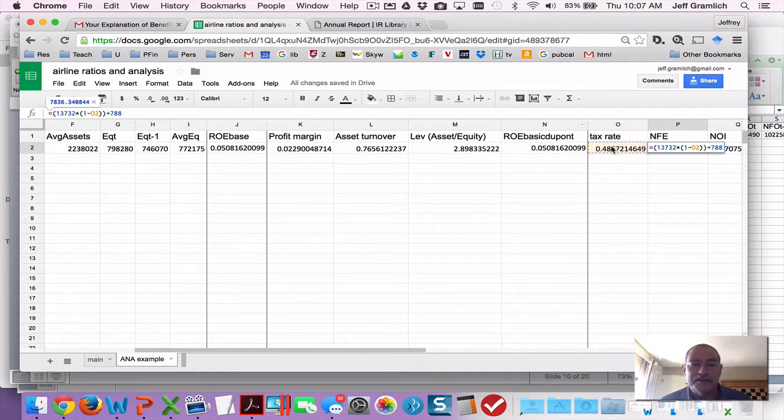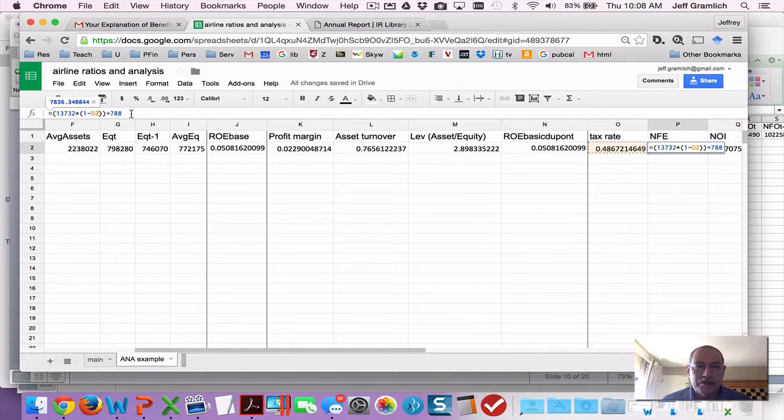So that's the cell, 1 minus the tax rate. And then we're also going to add, since financing expense includes all of the costs of other investors in the company, other than common stockholders in the parent company, which includes minority investors or non-controlling